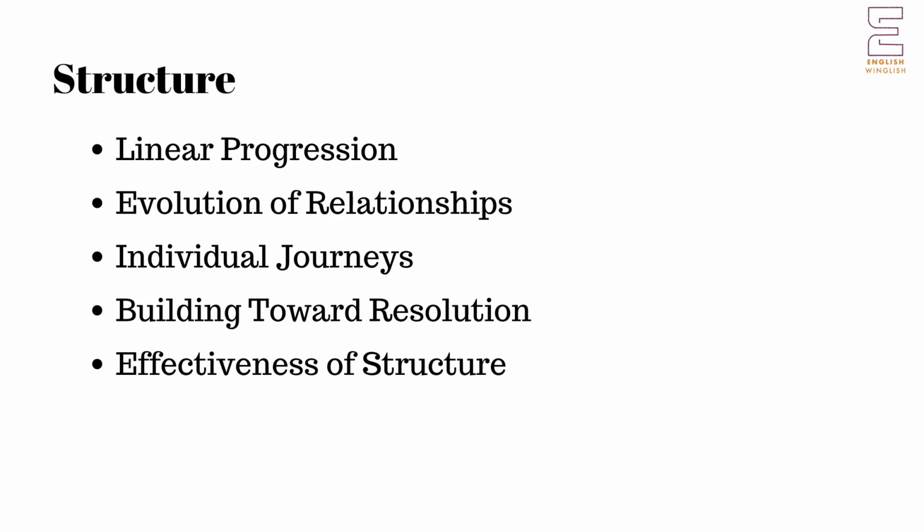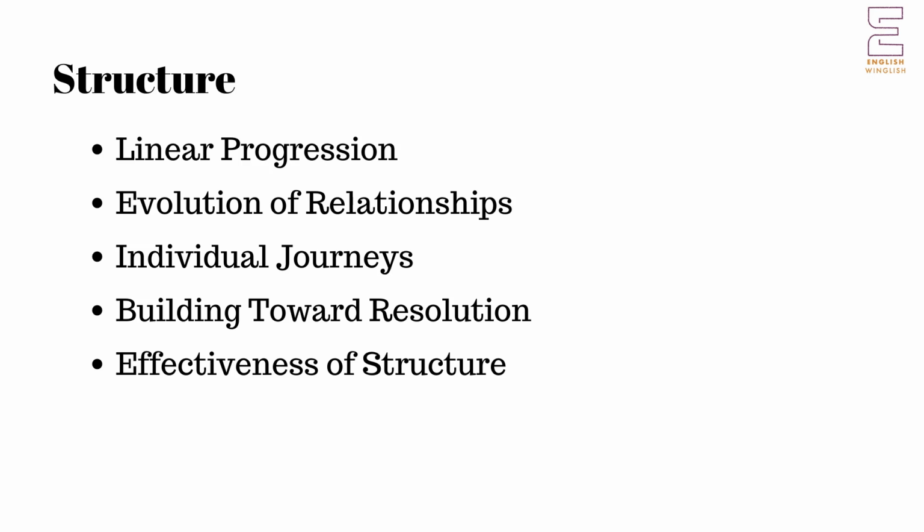Building toward resolution. Culmination of tension. The novel's structure builds towards a climax involving Mali's legal troubles and Jagan's decision regarding his future. This culmination provides a resolution to the primary conflict and marks a turning point in the lives of both characters. Conclusion. The novel concludes with Jagan's decision to embrace a spiritual path, reflecting his internal transformation and resolution of his conflict with Mali's modern aspirations.